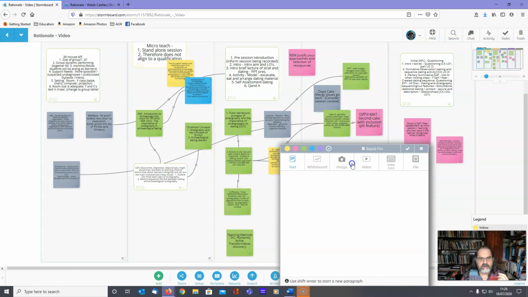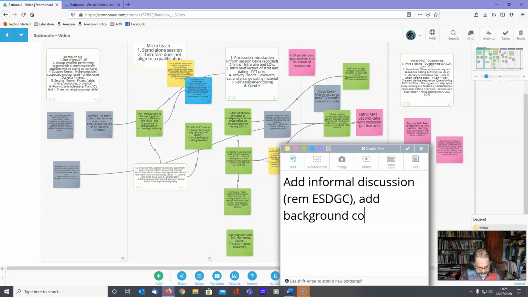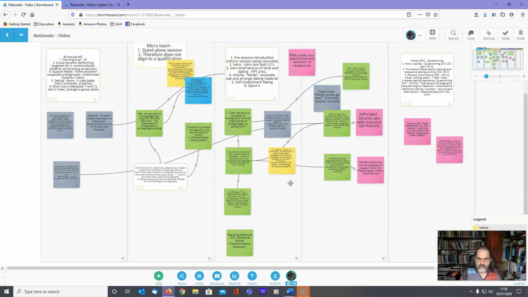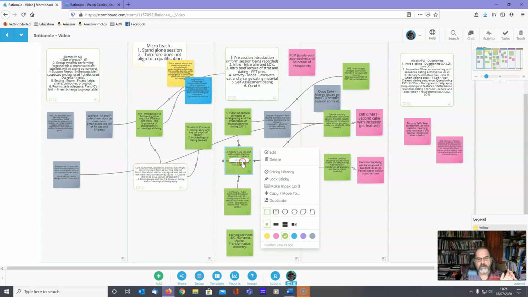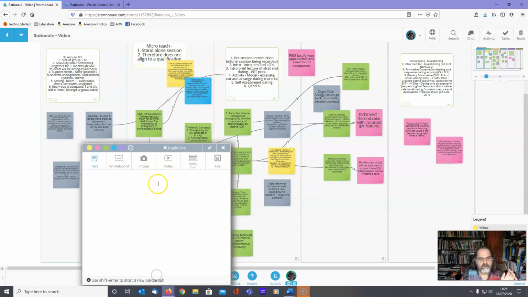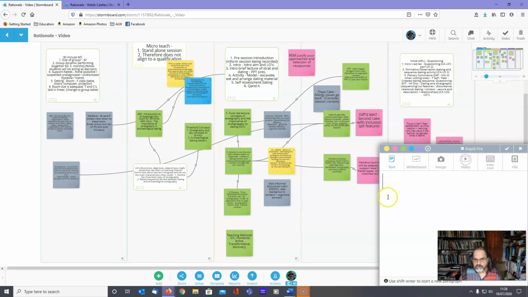Cool. Now here with this activity, I'm now going to add a discussion element. So I'm just going to come onto here, and I'm going to add informal discussion. That's the ESDGC. Background content, cognitive domain, but also in here we are linking to here. So we are also linking to